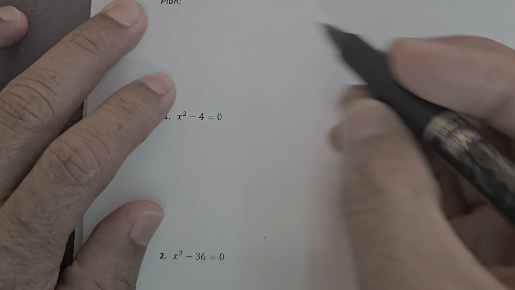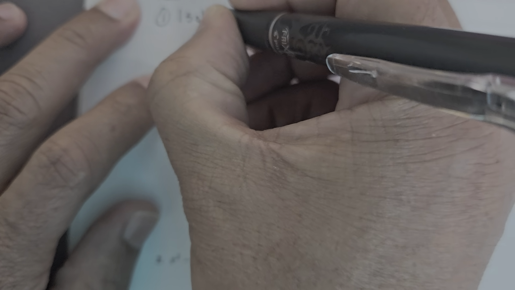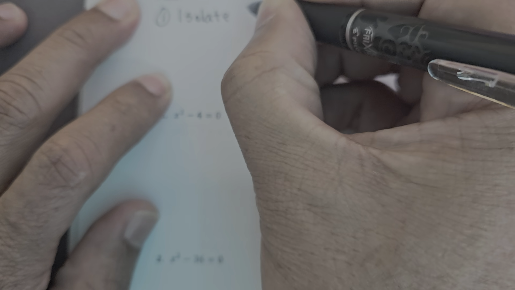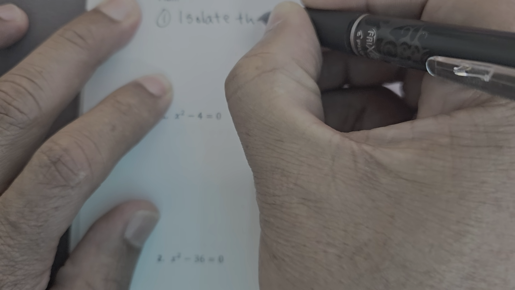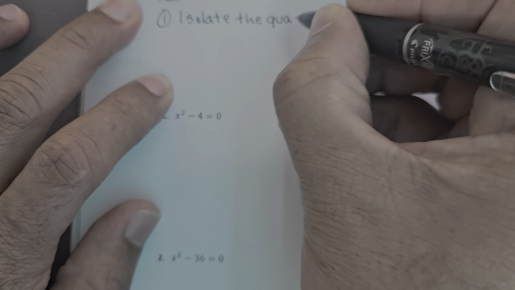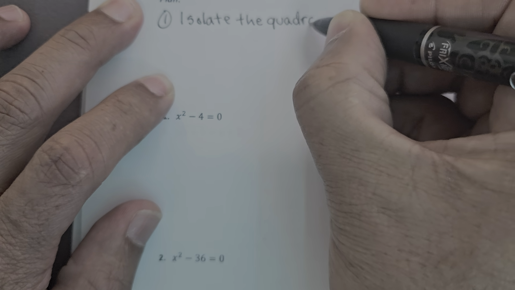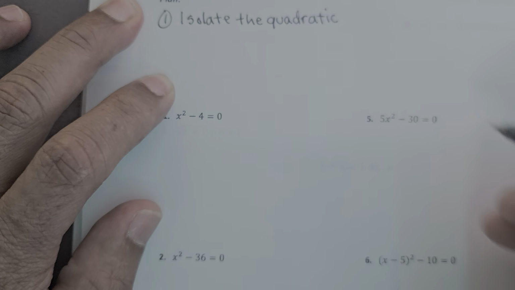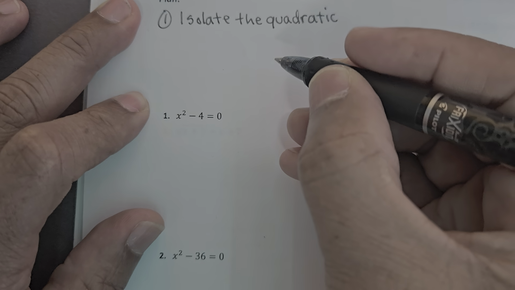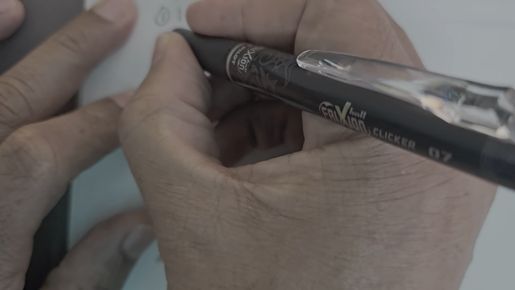So the plan, step number one is what you've done before. We need to isolate the quadratic. So that means the x with the second power. Okay, so that's step number one. Step number two,